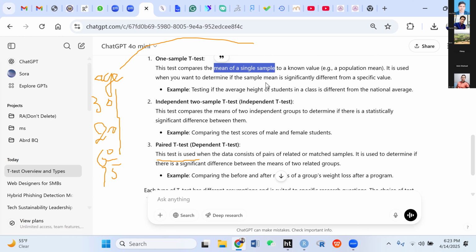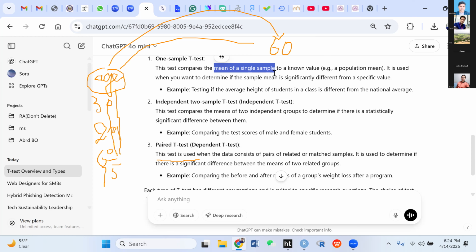This is a single group, age. Now we want to compare this age with already published values, the already known average of this nation or this area. For example, the average age for humans is 60 years. So when we want to compare this average age with that average age, because we only have one sample and want to compare it with an already available second sample, which is already published